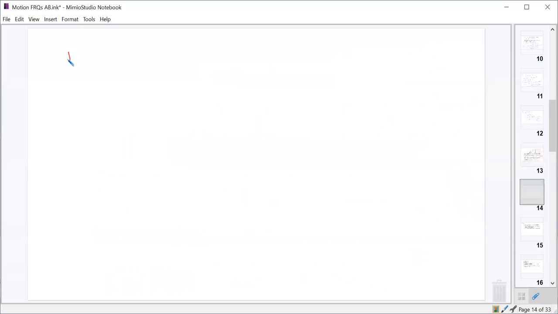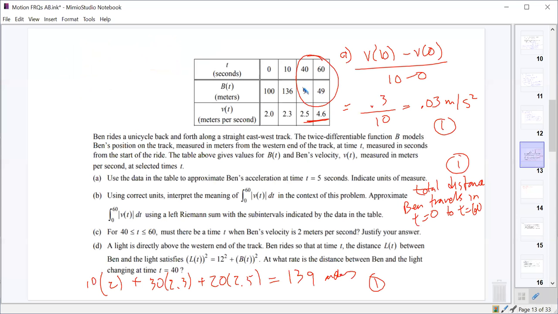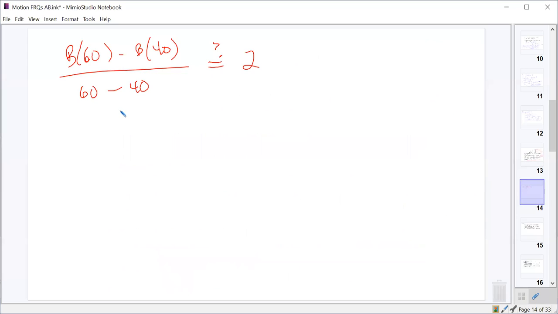So if we look at b of 60 minus b of 40 over 60 minus 40, we want to know, does that equal 2? If it does equal 2, then it tells us that he must have been going 2 meters per second sometime on that interval. And so what was b of 60? It was 49. So 49 minus 9 over 20 is definitely 2. So yes,